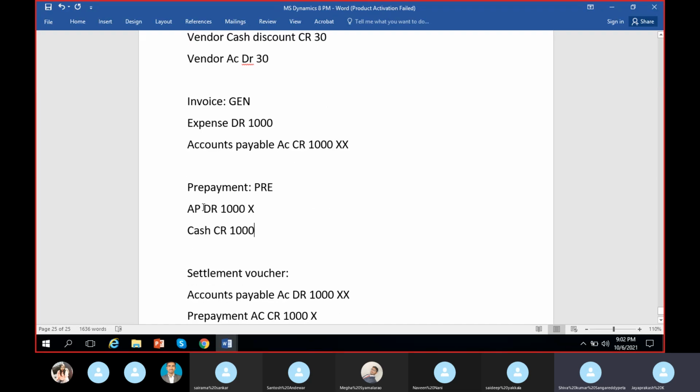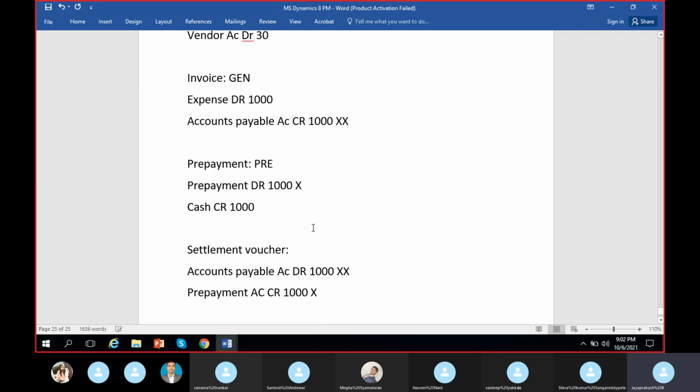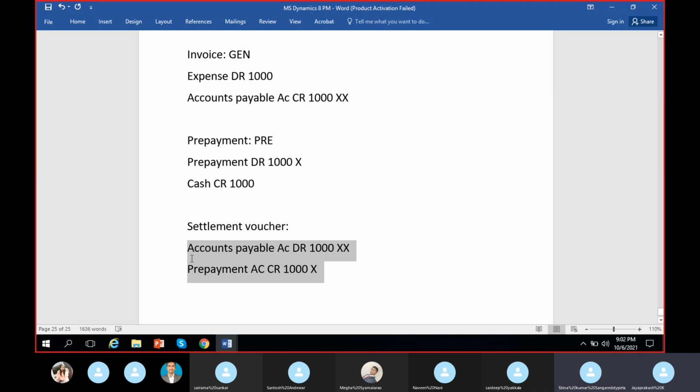So now when we do any prepayment transaction, the prepayment account will get debited here instead of the accounts payable account. So we should have this account and this account, both of them getting 0, right? Only the final entry should be this one according to us: expense account and cash. So that is why we have this settlement voucher for reversing